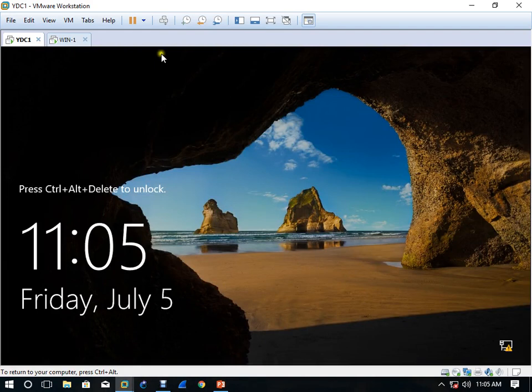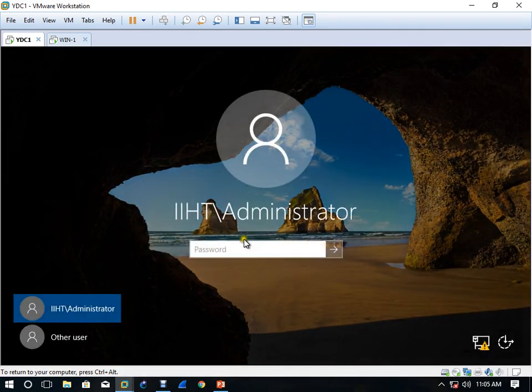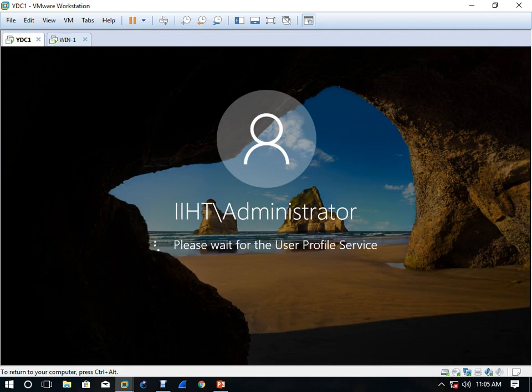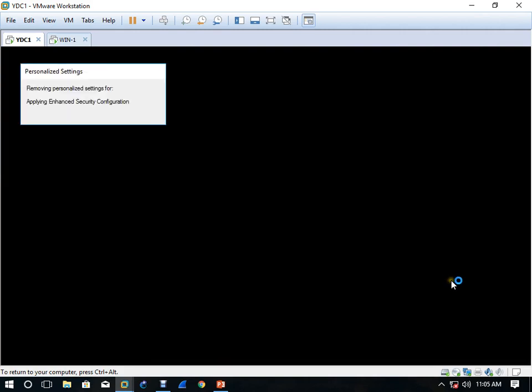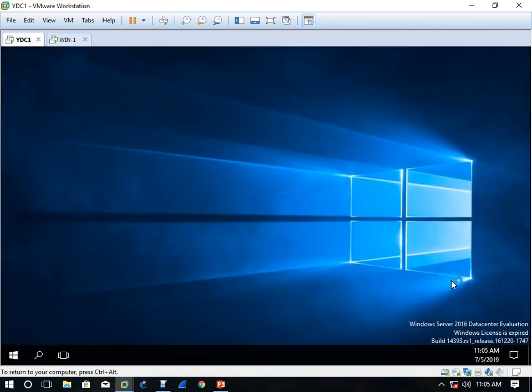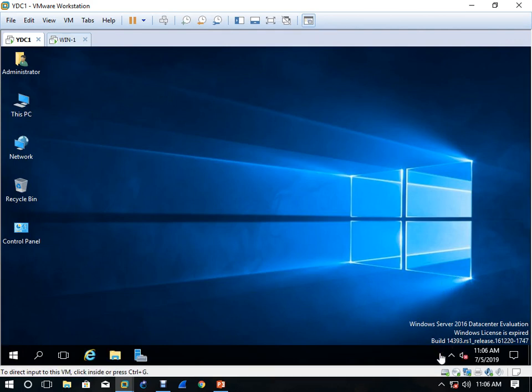Okay, so I restarted the server. So for safe side, what I'm going to do, I'm going to add another IP address with the different, let's see.